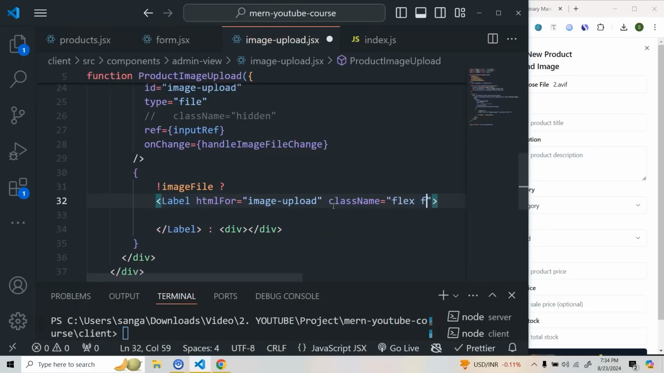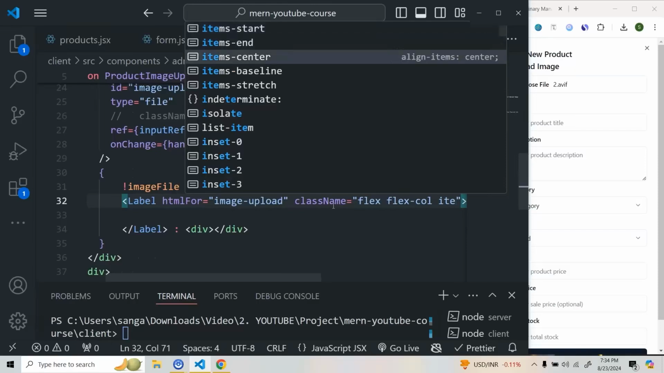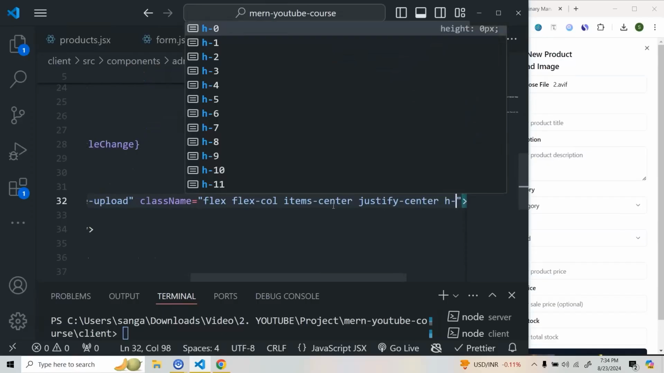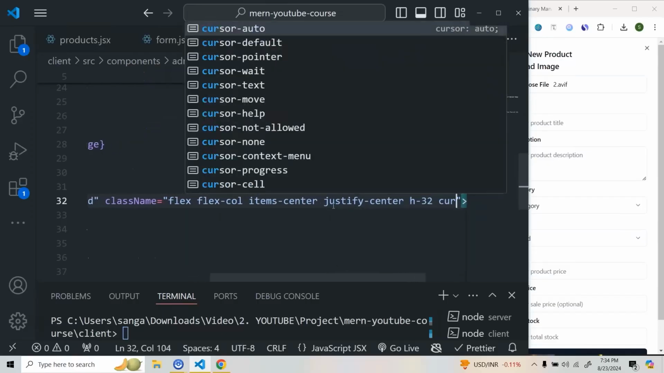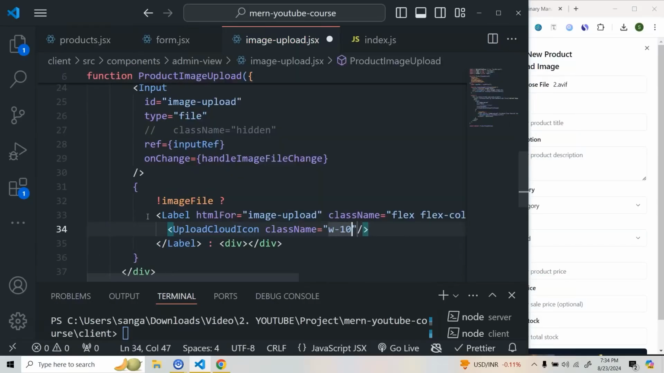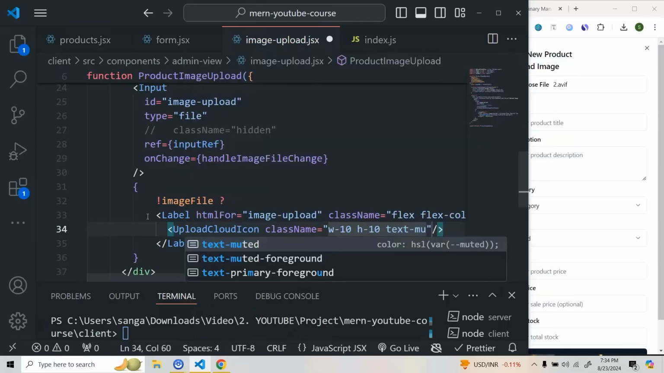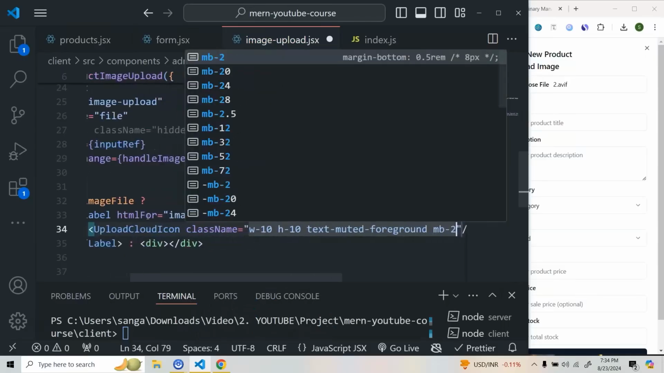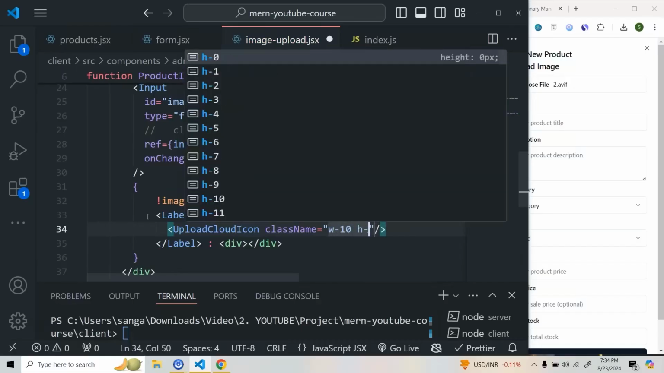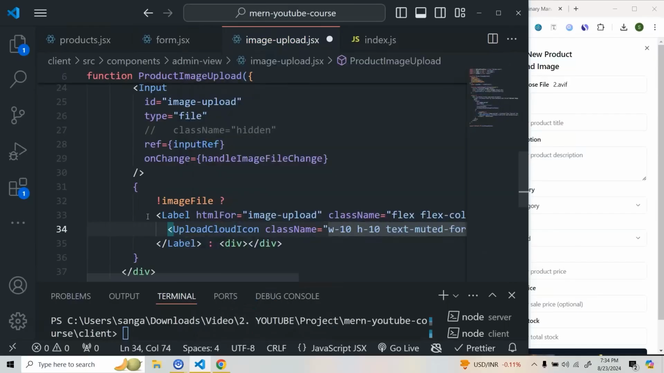So here we'll do flex column, we'll do items center, we'll do justify center, we'll do height of 32, and we'll do cursor pointer. Okay, and inside this we are going to use this upload cloud icon. So let's take a class name here. So we'll do width 10, height 10, we'll do text muted foreground and margin bottom